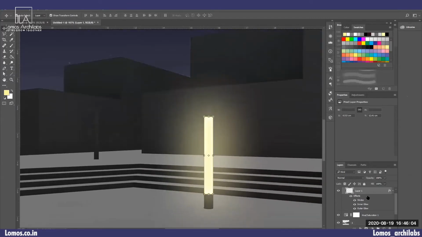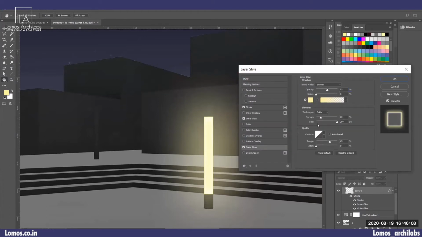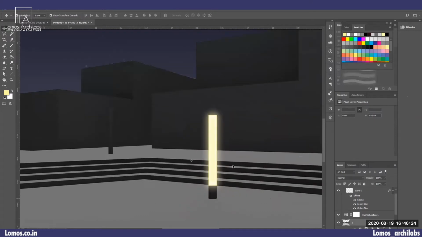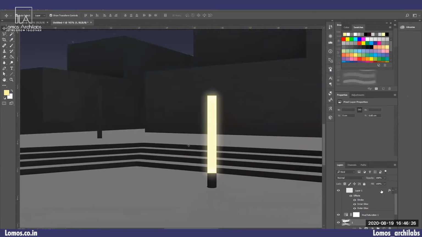Maybe I can reduce, like you have to actually check with the inner glow and outer glow whether you're okay with the glow or not. So I think I want to reduce it a little bit, and I also want to reduce the opacity, and okay.